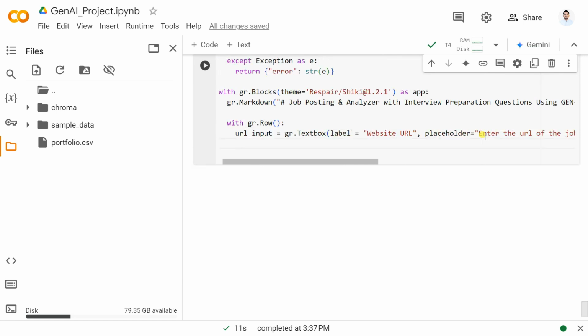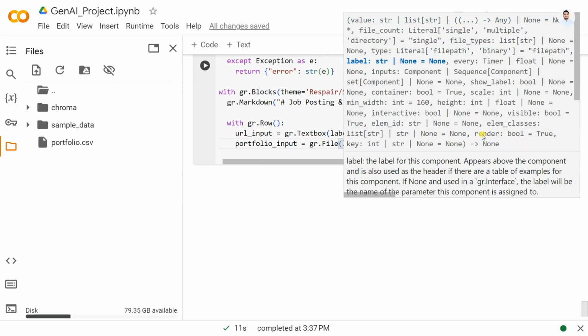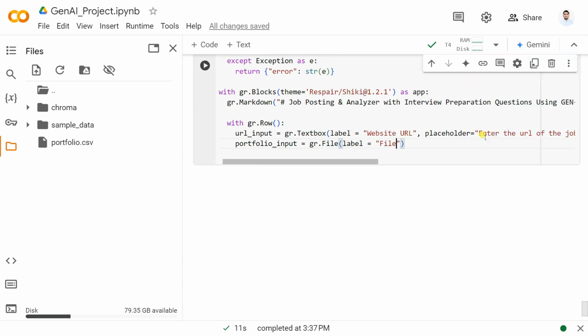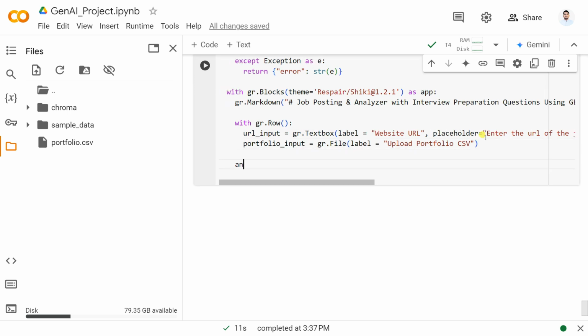Okay, then after that what I can do is simply use the portfolio input. That's nothing but our CSV file. So we're simply going to use gr.File, and inside that you can use the label equal to, let's say, file upload. Let's upload portfolio.csv. Okay, now after that we're simply going to create a button called analyze button is equal to, let's